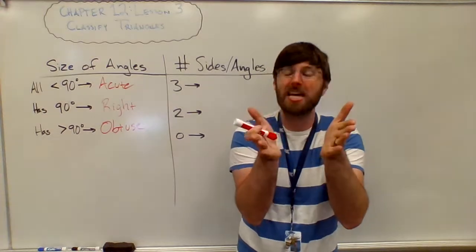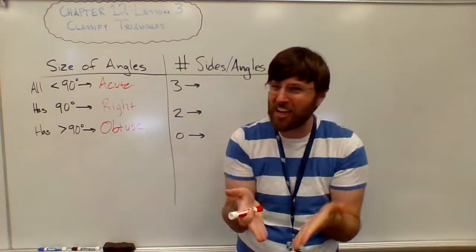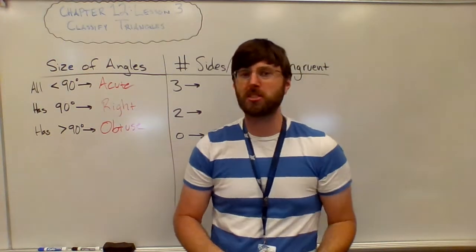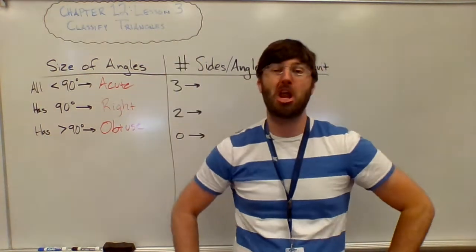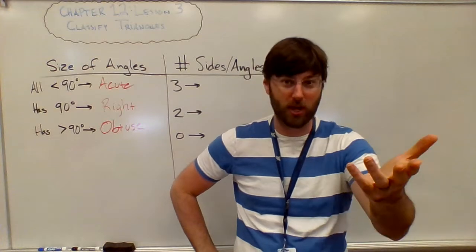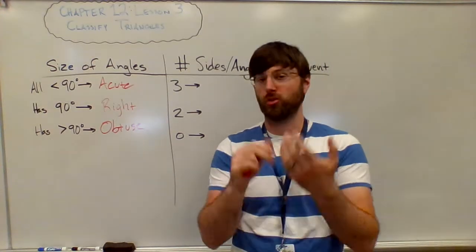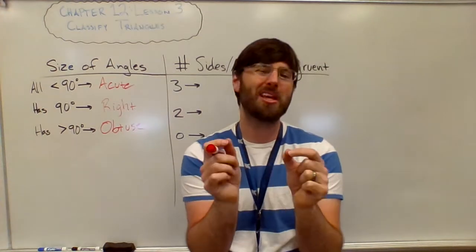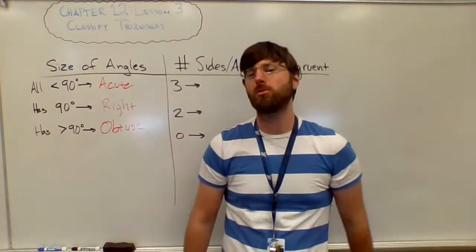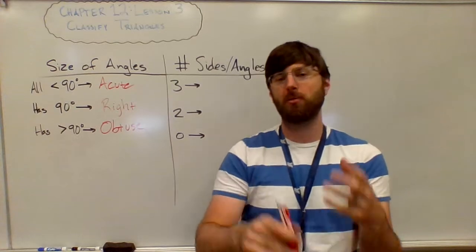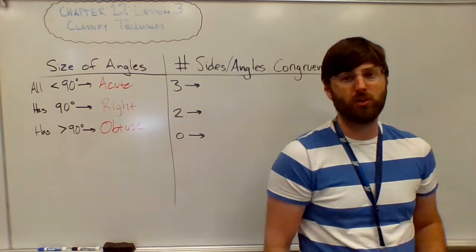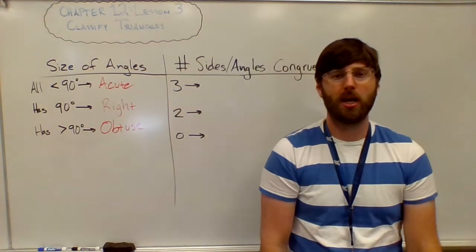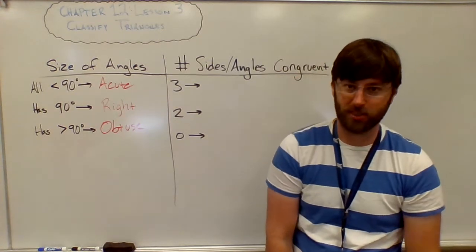We're saying, say the most specific name that you can for a shape. Because if it says classify triangles and you write it's a polygon, because every triangle is a polygon, you're wrong. You're right that the triangle is a polygon, but when we say classify, we mean give the most specific name that you can. And we have to be able to give every triangle 2 specific words that go along with it based on the size of its angles and the number of sides and angles that are congruent in that